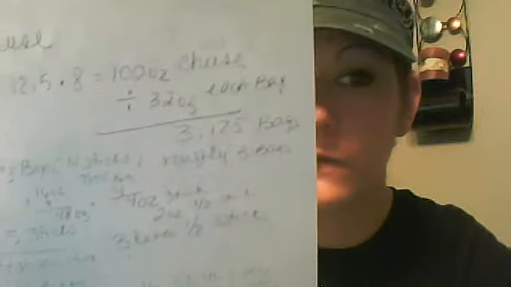For the butter, there's 12.5 sticks, so I did 12.5 sticks divided by 4 sticks per each box, which gave me 3 boxes for 1/2 a stick. When I did it in ounces, there's 16 ounces to a box, so I multiplied 16 ounces by 3 boxes, which gave me 48 ounces. Now I know that 16 divided by 4 is 4 ounces per stick, so to get half a stick, that would be divided by 2, so there's 2 ounces per half stick. So 48 ounces plus the extra 2 ounces for the half a stick would be 50 ounces roughly for the butter.